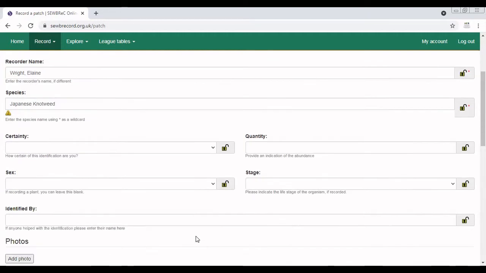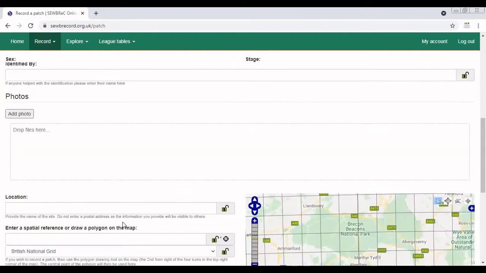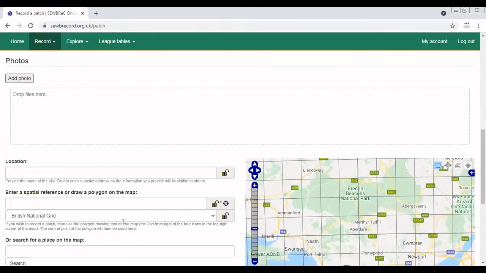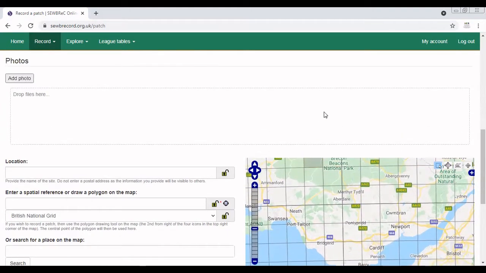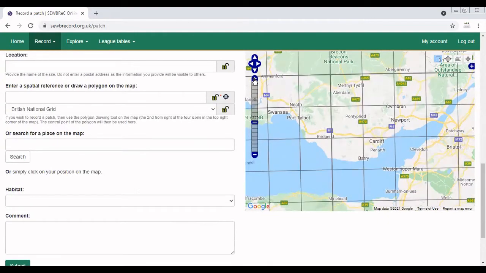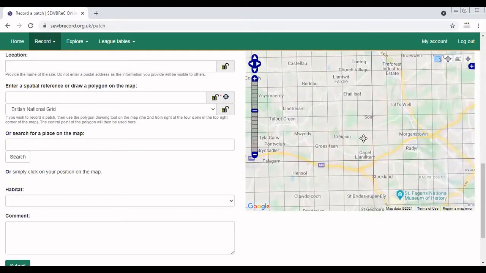Again, you can fill in the usual optional extras and add photographs. But when it comes to the location here, you can see that you have an extra option to draw a polygon, which is this third button along here. Select this tool to draw a polygon, clicking on the map to draw the shape and double clicking to finish. So if we find the area roughly where we want to draw our polygon,